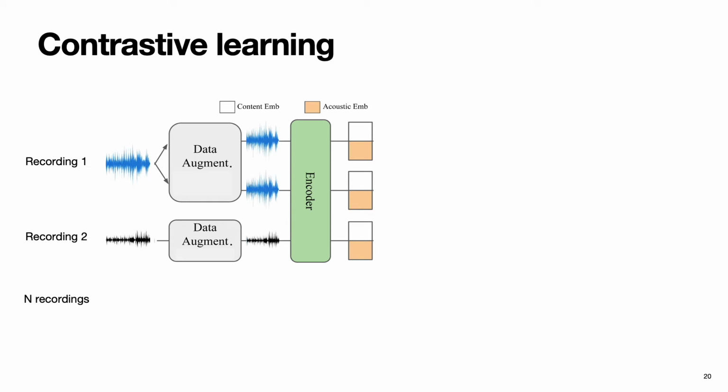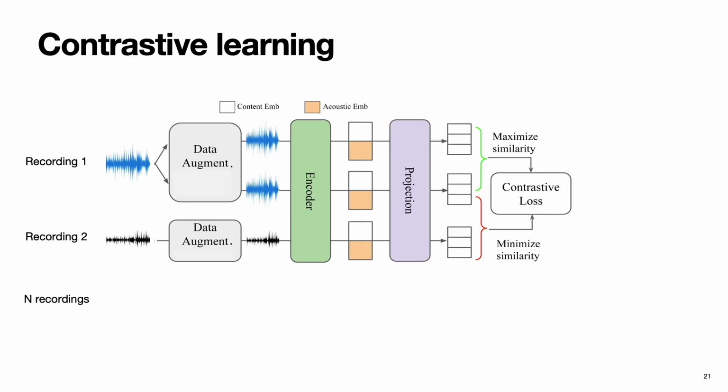We then embed the transformed audio waveforms using the audio encoder and then get the respective content and acoustic representations. And finally, we transform the high dimensional encoded representations to a lower dimension for contrastive loss. The contrastive loss maximizes the similarity between representations from the same clean recording while minimizing the similarity between augmentations from